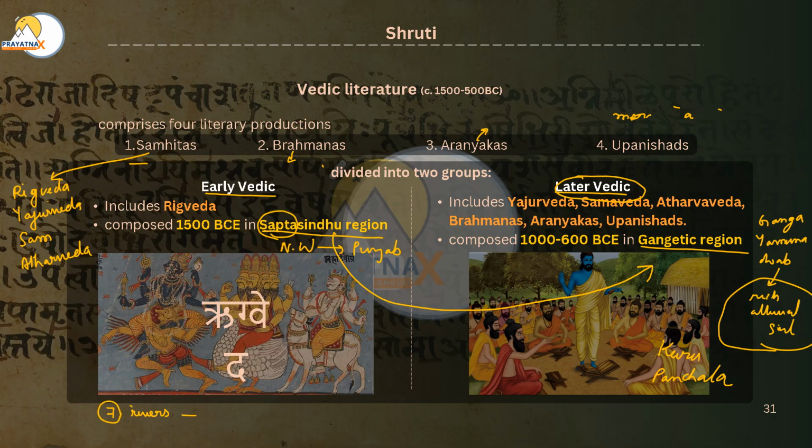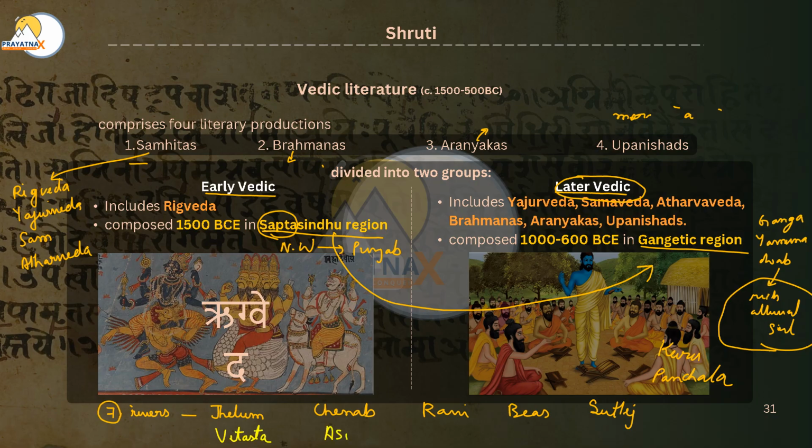It is Jhelum, Chenab, Ravi, Bias and Satluj. Now in the ancient period, Jhelum was named as Vitasta,